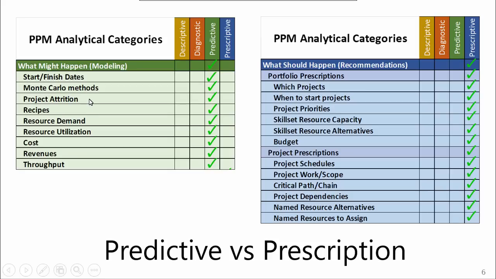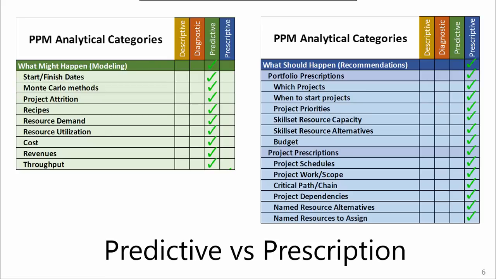One of the major features for EPS over the years has been our ability to model project attrition, which is the probability of something surviving through a certain stage gate. What that allows us to do is better accurately predict revenues and throughput and resource utilization, because projects will actually fall out just like they do in